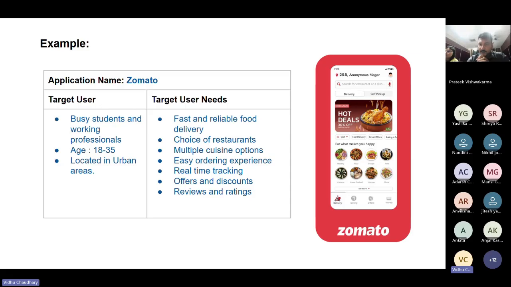अभी हम साथ में ही बात कर रहे थे, we are parallelly talking about both the things. यूजर की नीड्स क्या है, वो उस एप्लीकेशन का कोर फंक्शन फीचर क्या है। Later on in the workshop I will also let you know how to differentiate between the features and needs, किस तरीके से होती हैं। लेकिन अभी we will write down all the things whatever we think. जैसे अभी आपने इंस्टाग्राम के बारे में बताया, तो we